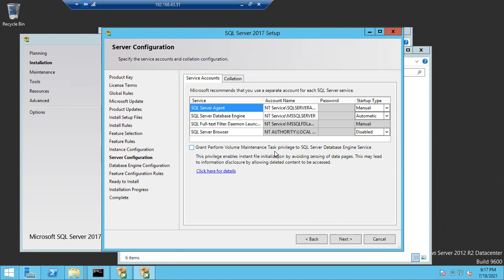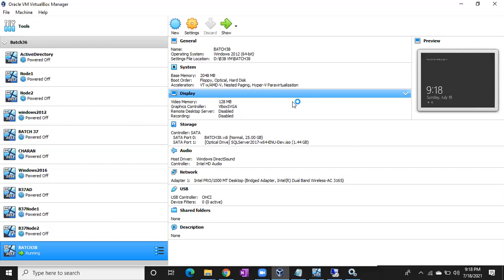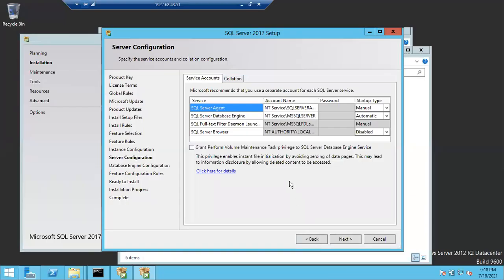So the service account should have the highest privileges. Why? Because we don't know where you are going to take the backups. It has to enter all the folders. It should have access on all the folders. Who can access all the folders? Administrators. So that's why we are going to make the service account a local admin. It is very important. Usually the service account should be local admin. If the service account doesn't have local admin privileges, then it can't read and write the data properly.